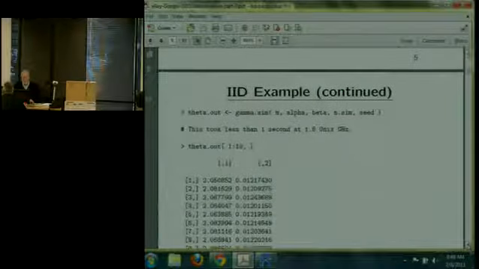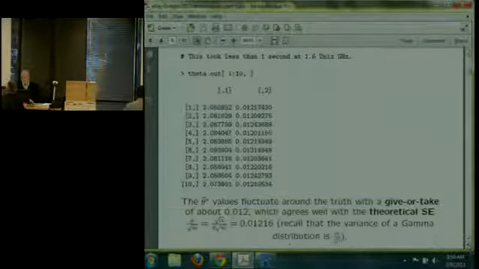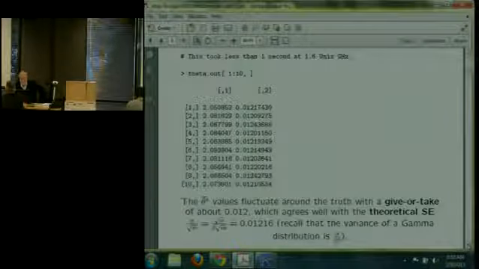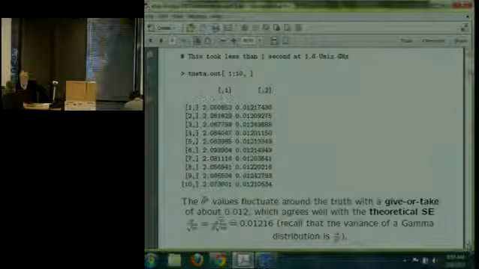And you saw this stuff is fast. It's very fast indeed. And what we see here is that the theta bar star values fluctuate around the truth, 2.071, with a give or take of about 0.012. And that actually agrees well with the theoretical standard error, because we know that the variance of a gamma distribution